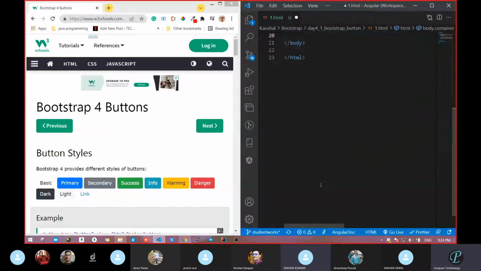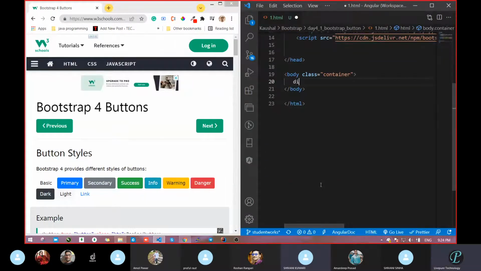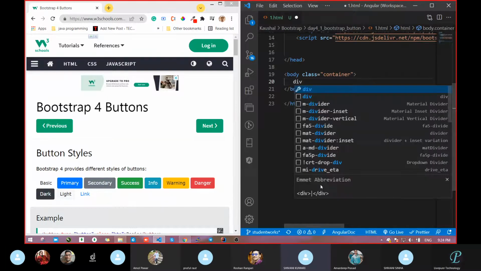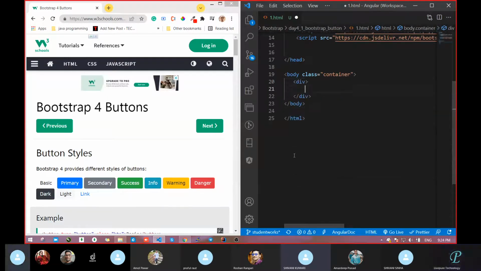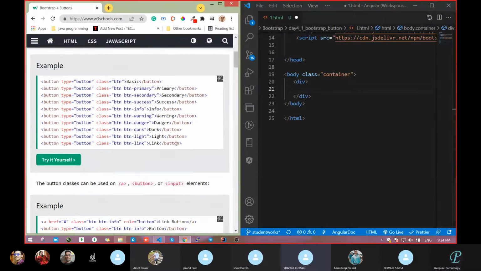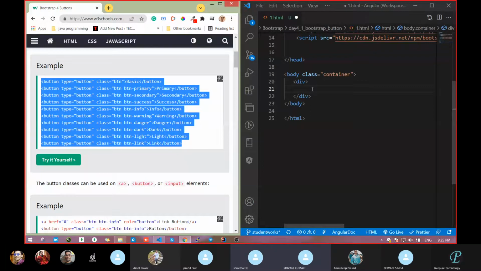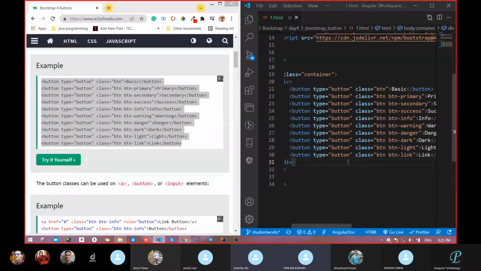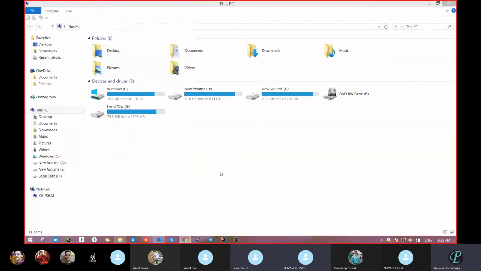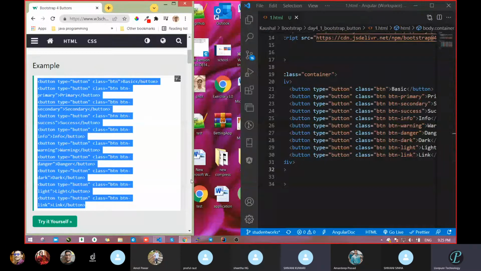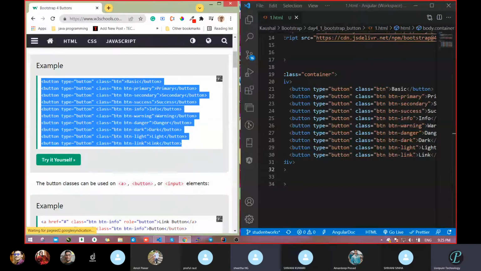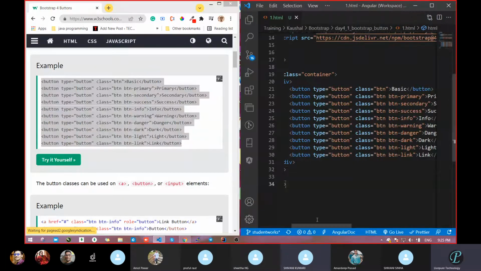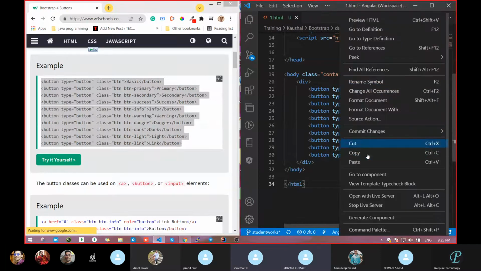We have to take a semantic tag and non-semantic tag. Correct or not? Sweta, do you know what is a semantic tag? Yes, sir. What is that? Semantic means meaningful. In HTML, sir. Yeah, that is in HTML. So what is the meaning of semantic? Meaningful. Okay, meaningful. Can you give any example of a semantic tag? Yeah, sir. Heading, section.